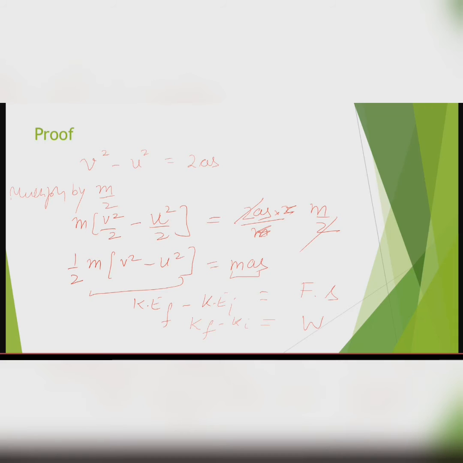Understood or not? Yes, ma'am. Ma'am, this derivation might come, right? Again, yes. But you have to see, this is for a constant force. This derivation is for a constant force. You have to check whether the question gives a constant force or a variable force, because the derivation changes slightly for a variable force.